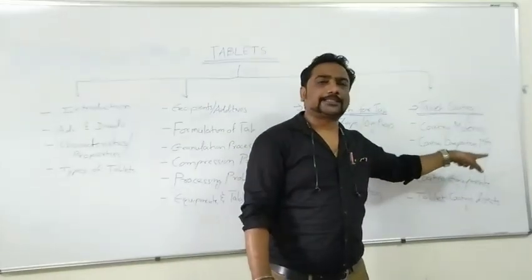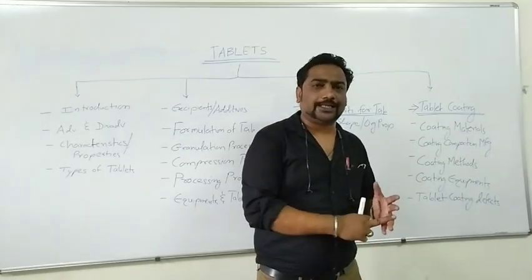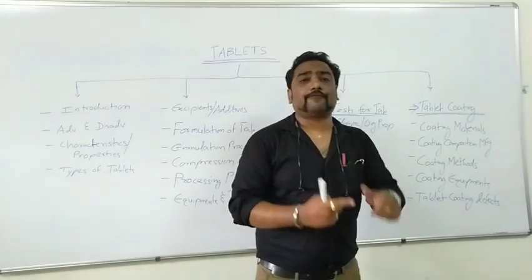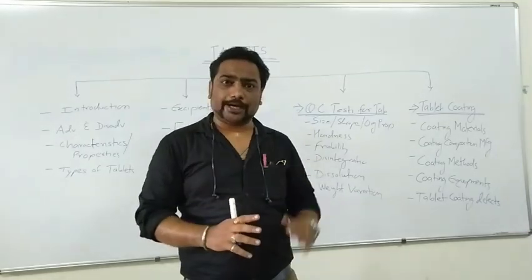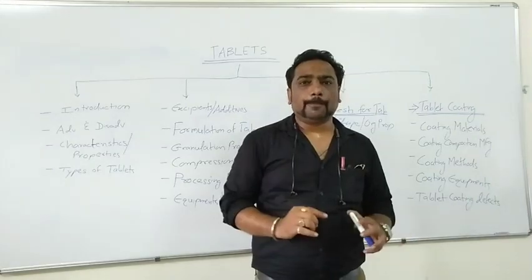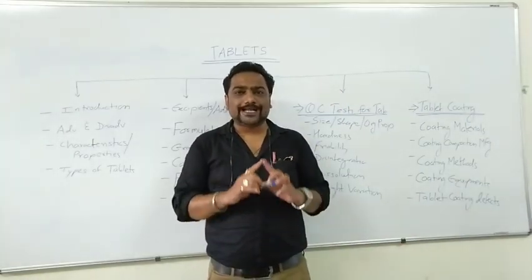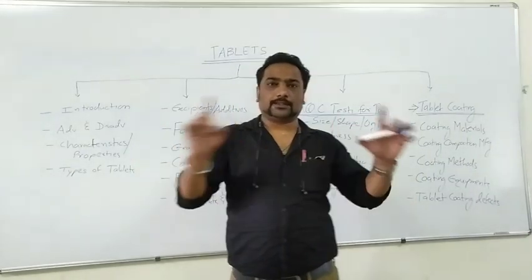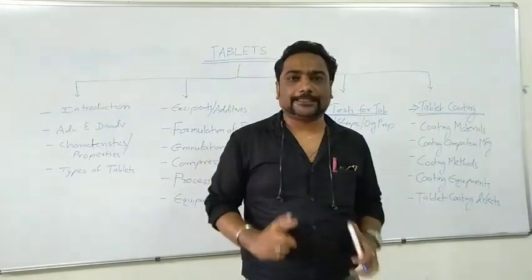The final section will discuss the coating part. So coating equipment, coating composition, then coating composition manufacturing, coating equipments, and finally defects in the coating of the tablet that can be encountered and the ways to resolve them. This we will cover. So this is what we need to study during the entire tablet unit which we need to cover according to the PCI syllabus.